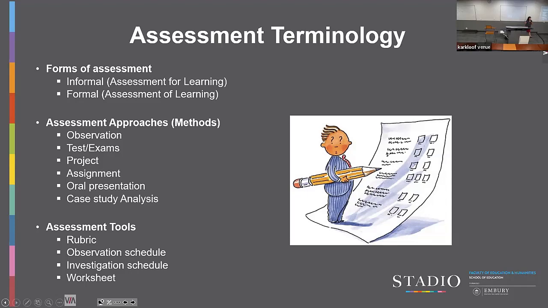And you also have assessment tools, such as, for example, a rubric, an analytical rubric, or a holistic rubric, observation schedule, investigation schedule, worksheet. Can you see those? Right. So when you identify on your lesson plan whether it's formal assessment, informal assessment, whether it's peer assessment,